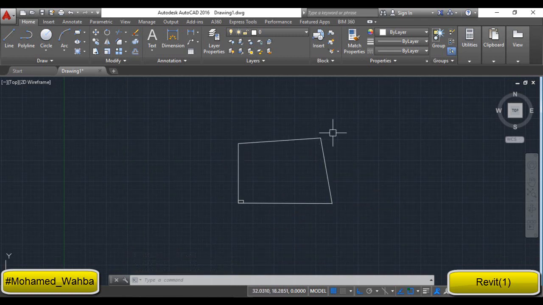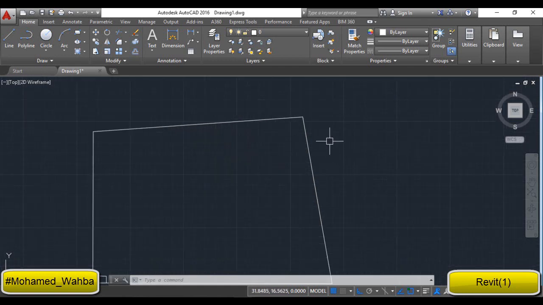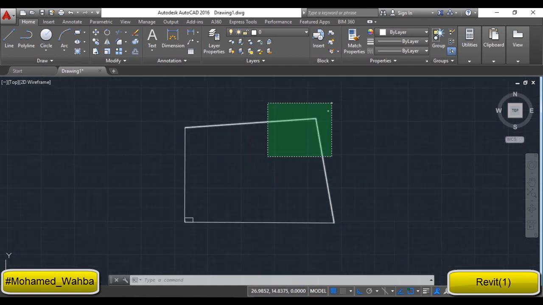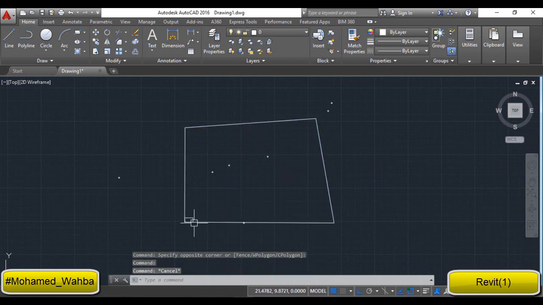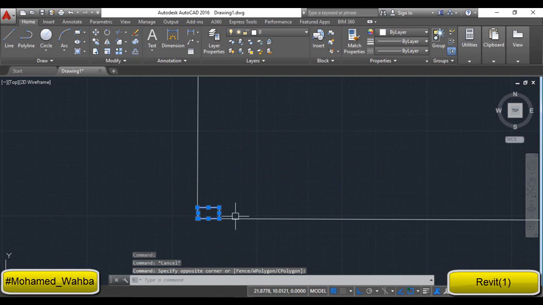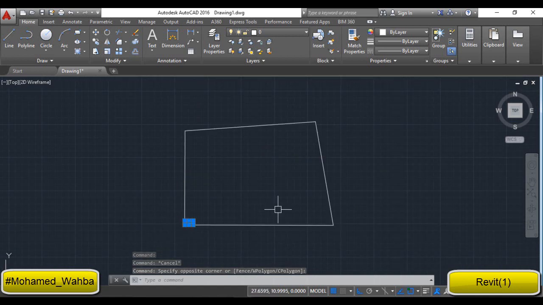unfortunately AutoCAD doesn't know what it means. It is not defined as a slab or slab parameter, or AutoCAD doesn't know whether it is a column or foundation or any other kind of drawing. So